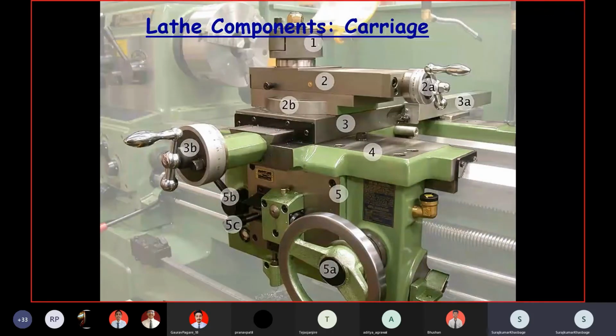Then the most important component is the carriage. So these are the handles. You can see some markings are provided here so that we can do some adjustment. This can be a manually operated lathe. That's why it has the handles. If it is a CNC programmed one, in that case, no handles are provided. It will be simply controlled with the help of some CNC programs. And at the top of this carriage, there is what? There is a tool post which carries the tool.